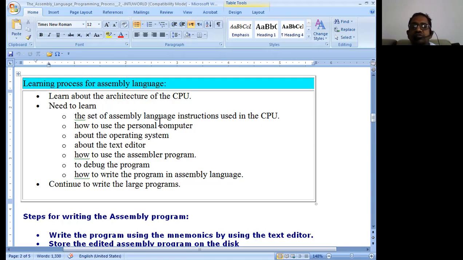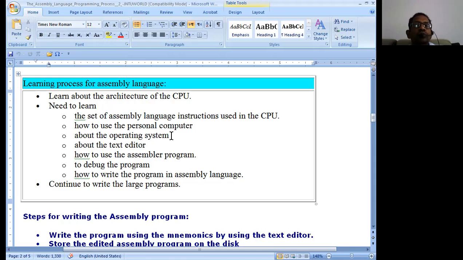Just now we have seen the instructions for addition, subtraction, multiplication, division, increment, decrement, and jump instructions. So you should know these instructions explicitly. That means what each instruction is for, and what its meaning is in detail, so that you can use that instruction in the program.